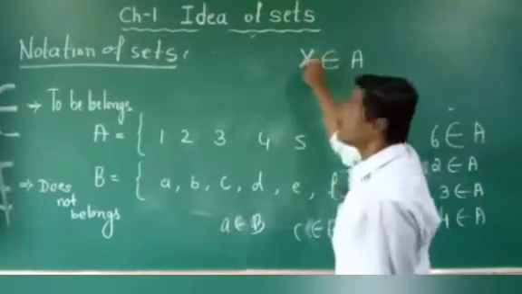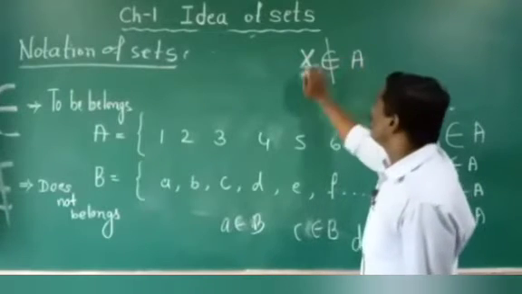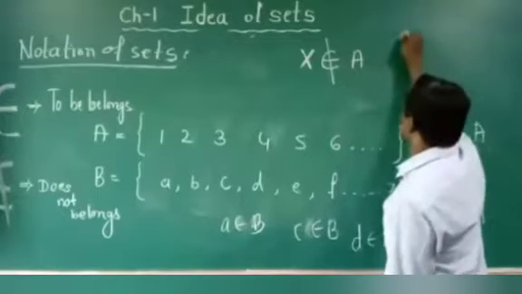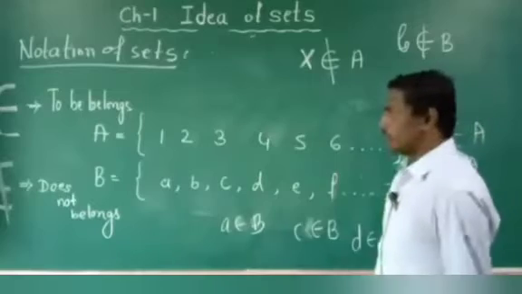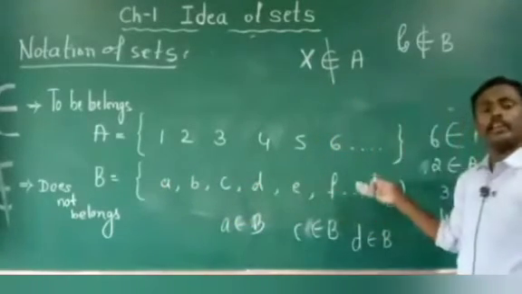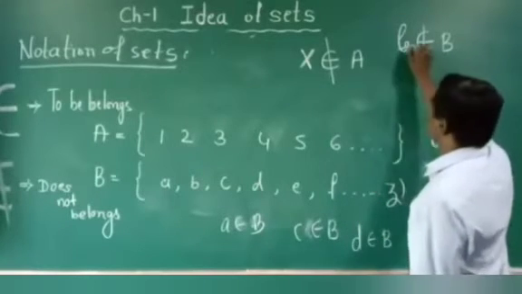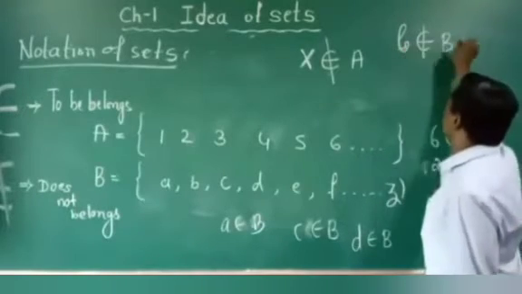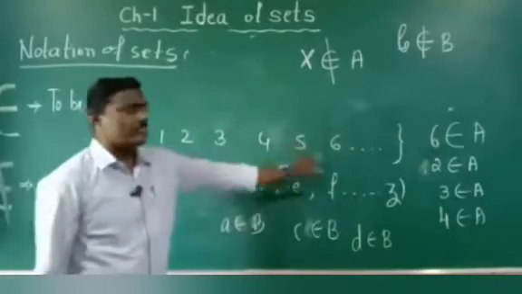Here 10 is a Roman number, so it does not belong to set A. Or A does not belong to set B, because in set B we are taking small alphabetical English letters. A is a Kannada Varnamala letter, so it does not belong to set B. Right? So these are some basic concepts